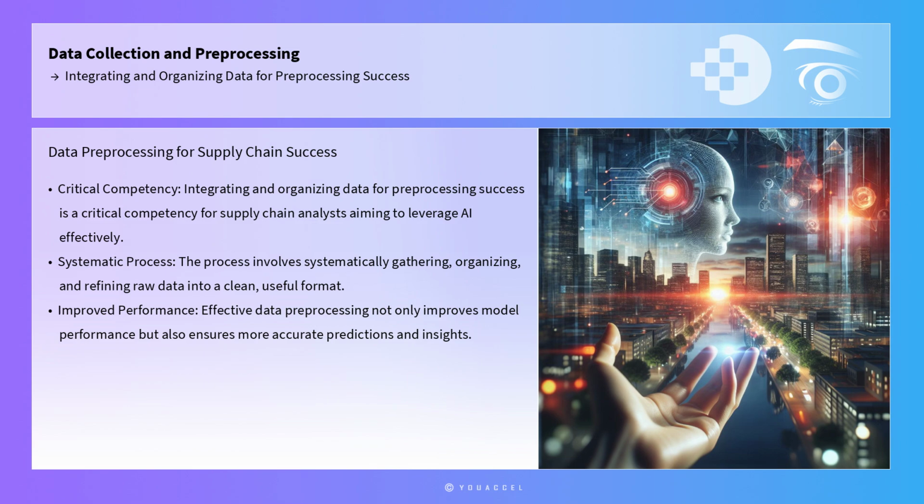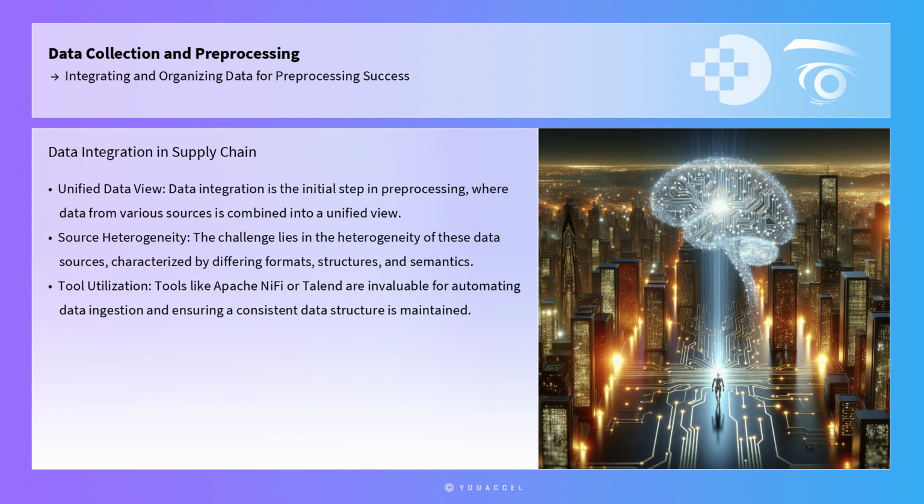The process involves systematically gathering, organizing, and refining raw data into a clean, useful format to feed into AI models that enhance decision-making. Effective data preprocessing not only improves model performance, but also ensures more accurate predictions and insights, thereby streamlining supply chain operations. Data integration is the initial step in preprocessing, where data from various sources is combined into